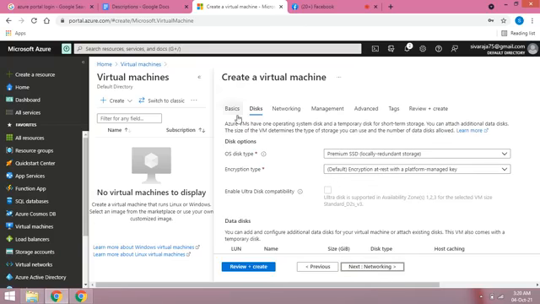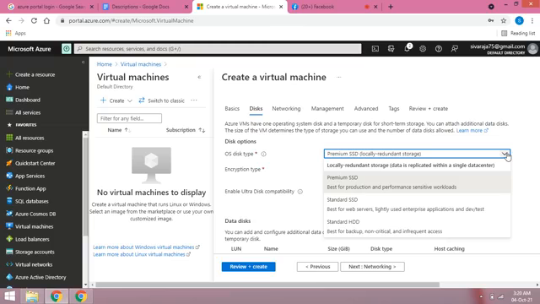Here, disk size and OS disk type: the default is premium SSD. Now I choose standard HDD.